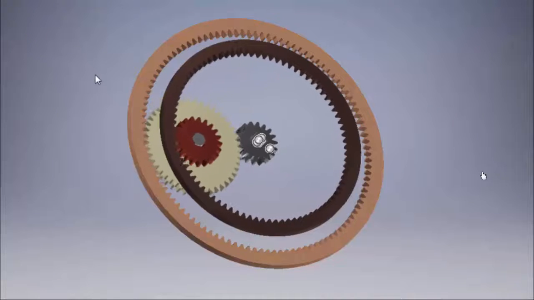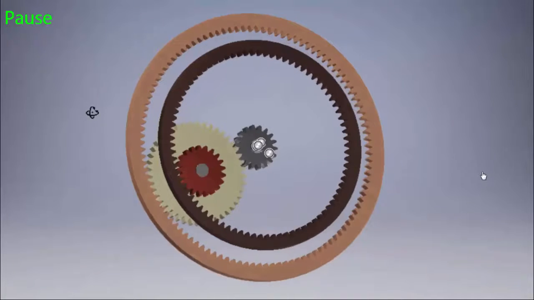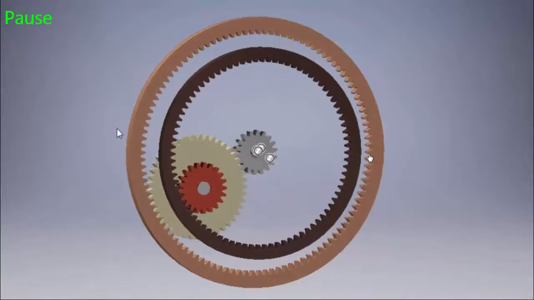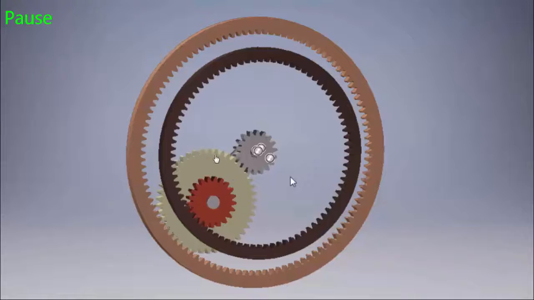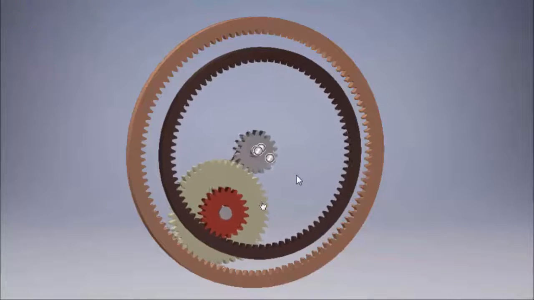Okay, here I have made the model of the question that we are currently seeing. As you can see, this is your first gear, this is your gear A. It is meshing with gear B. And see, gear B and gear C are compounded with each other. They are rotating at the same velocity.